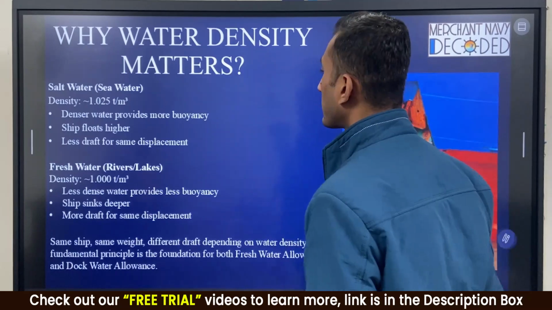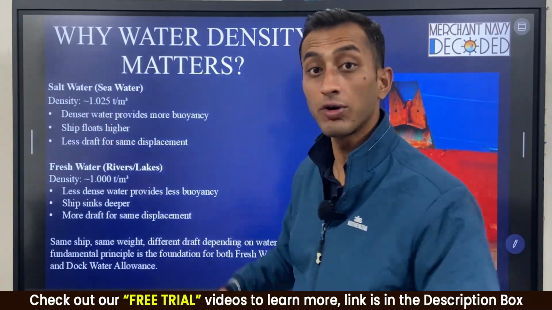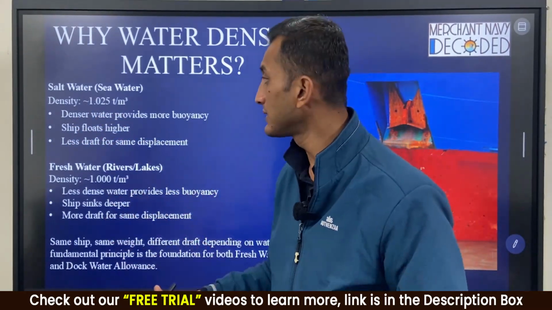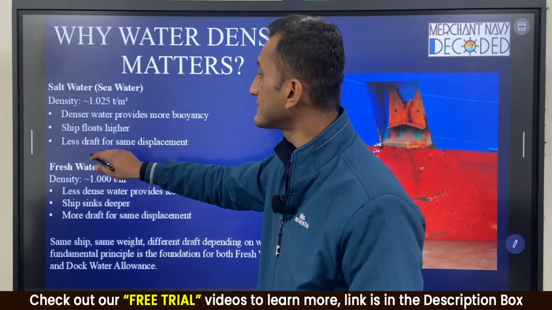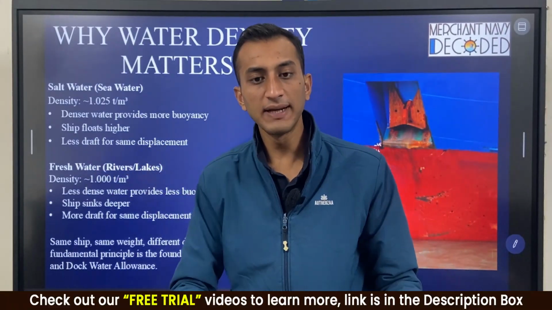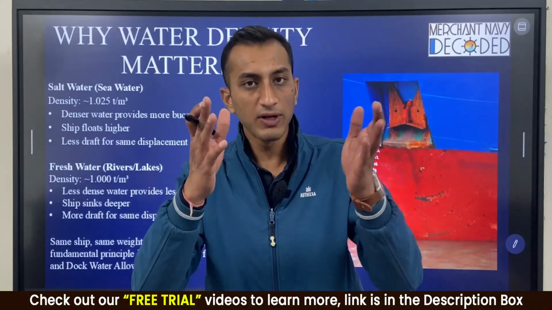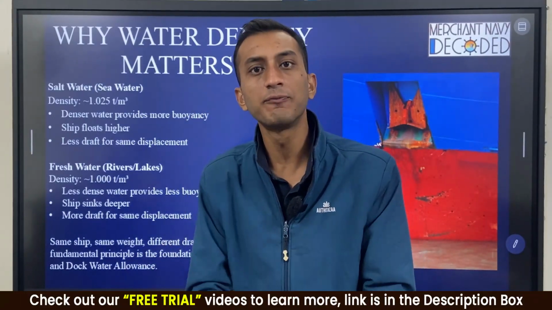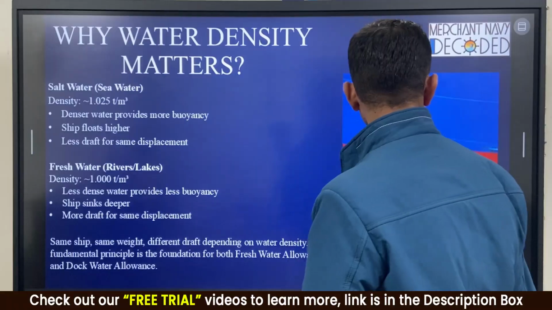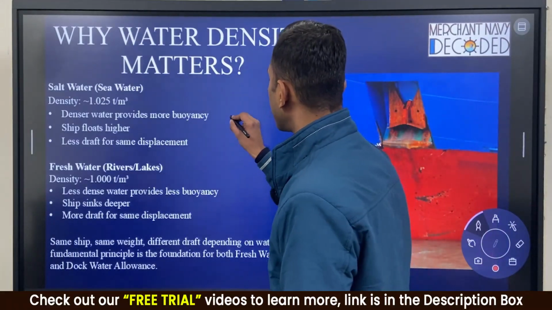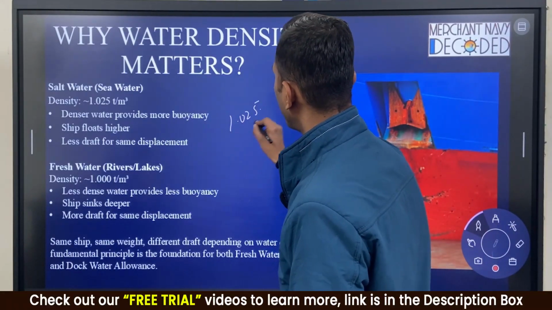Now you can go through this point. It says denser water provides more buoyancy, as I said, because of the salt particles. Ship floats higher, less draft for same displacement. Okay, you might have the same displacement. You might have 20,000 tons, but in fresh water the ship will go deeper, and in the salt water the ship will go higher. Likewise, if I am in a density of 1.025, my ship is in the sea water,